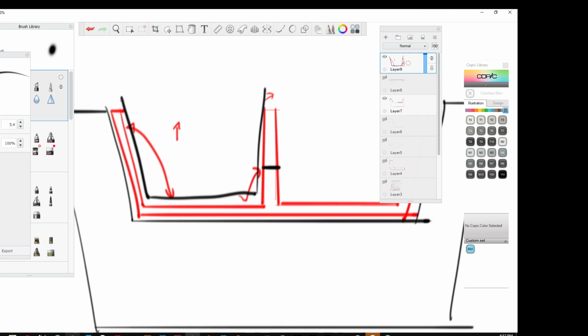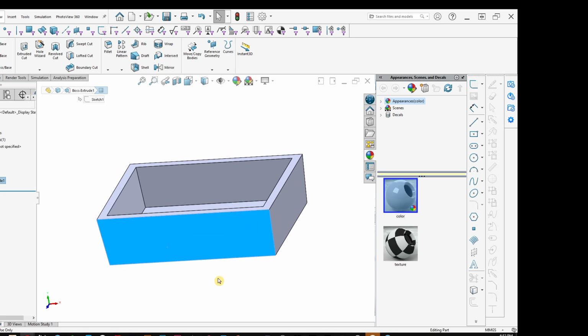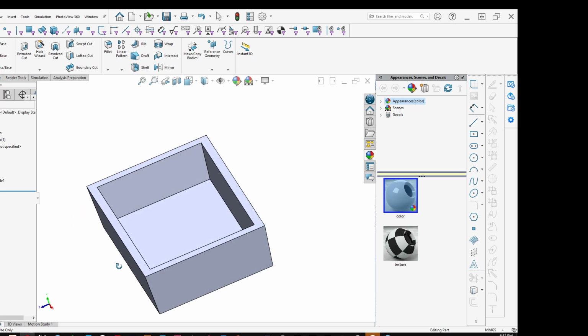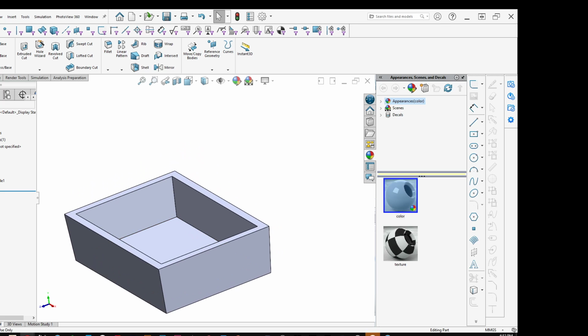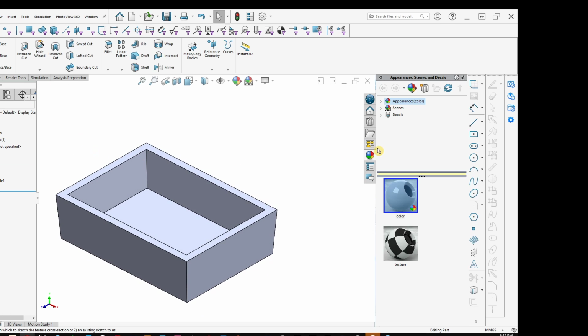So, with that said, we go back to SolidWorks. We've got our draft on the inside. We've got the draft on the outside. What we're going to want to do now is use the rib feature. Let's see if I remember how to do this. So there's a couple different things you can do. You can make it really simple,